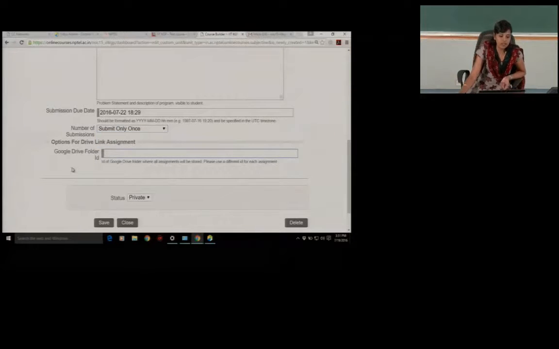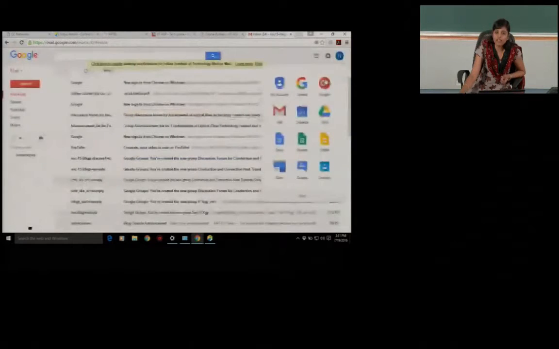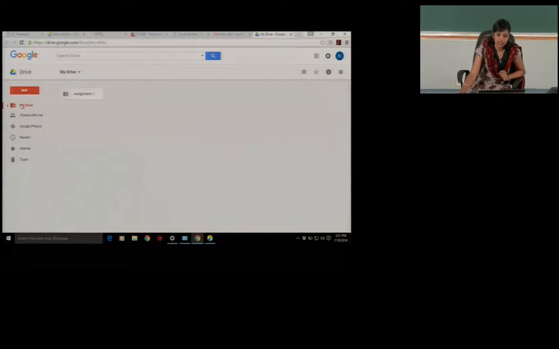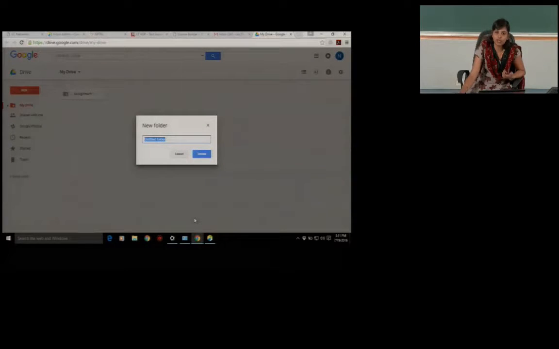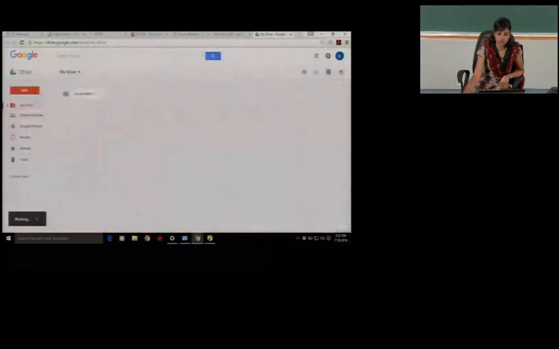So here there will be a folder ID, the Google Drive folder ID. For this, you need to go to the Drive of the admin ID of the course. Go to the Google Drive of the admin ID and create a new folder. For each assignment, you need to create a folder here. Once you create this folder, just right click and share this folder with